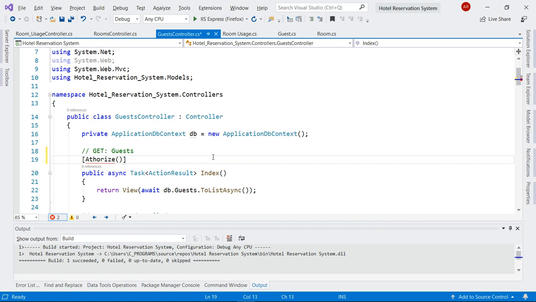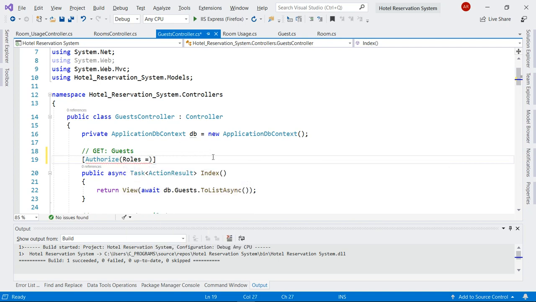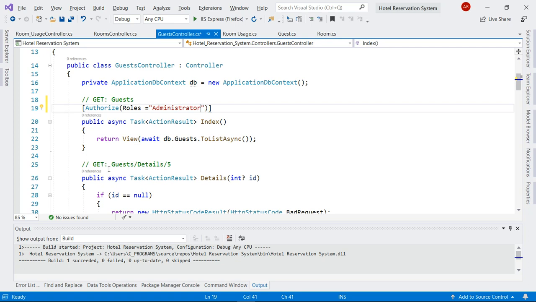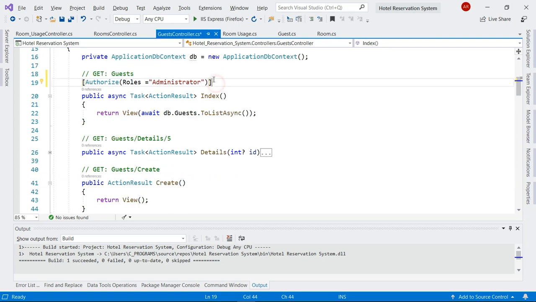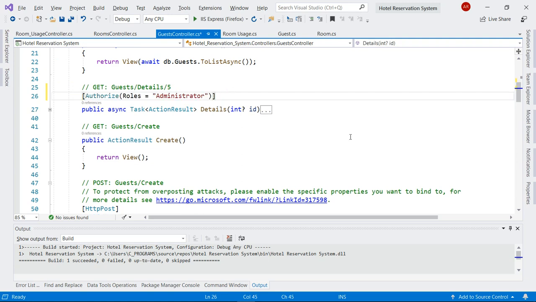Since I'm making some mistakes, it should be authorized. Okay, and here we say rules. We only want administrator to access this page. Okay, and also view details. We only want administrator to access this page and view details, and maybe